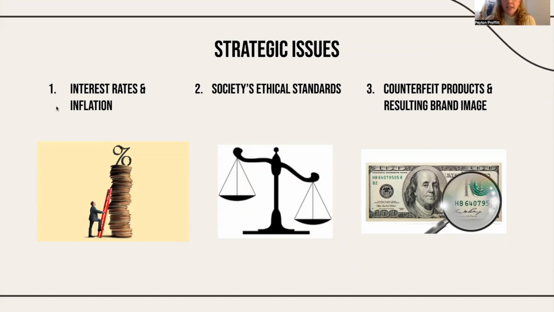And then next, societal standards have changed the way Nike leads the industry and thus their processes. Although costly, it is necessary that the company focuses on efforts in labor conditions, gender equity in the workplace, and sustainability. And then lastly, counterfeit products are a big concern for Nike as they threaten the brand image and their revenue abilities. So as production for consumers and replication becomes easier, it is more difficult to regulate these issues.